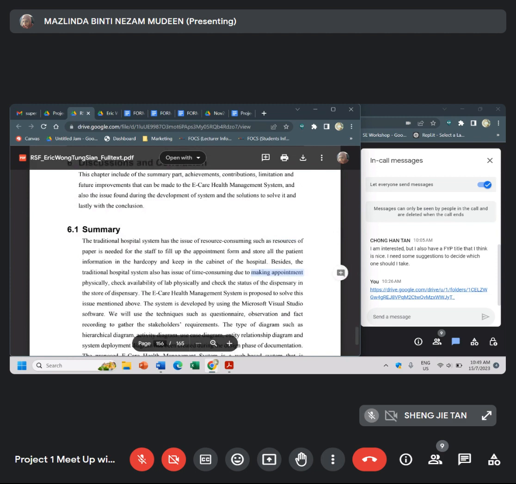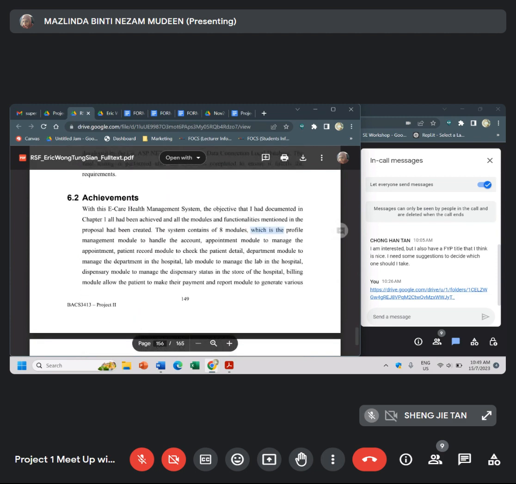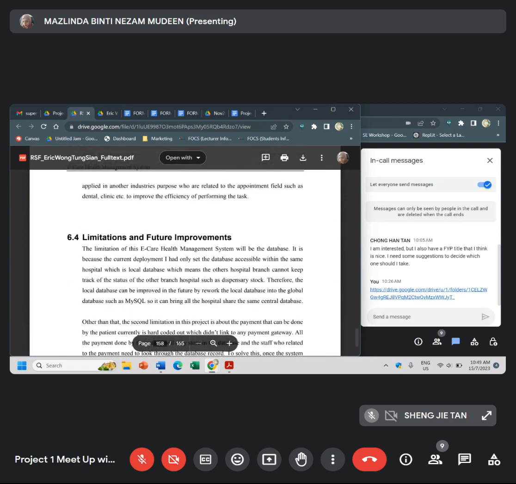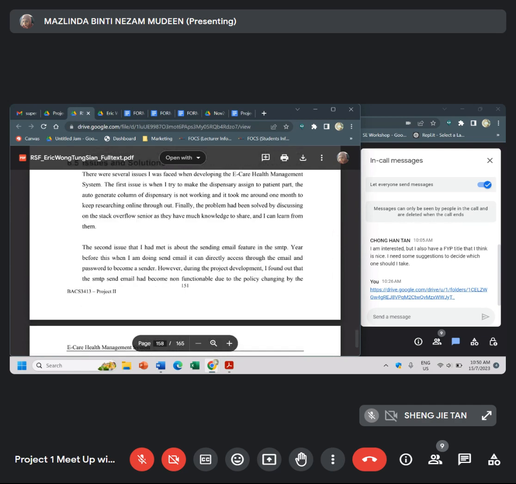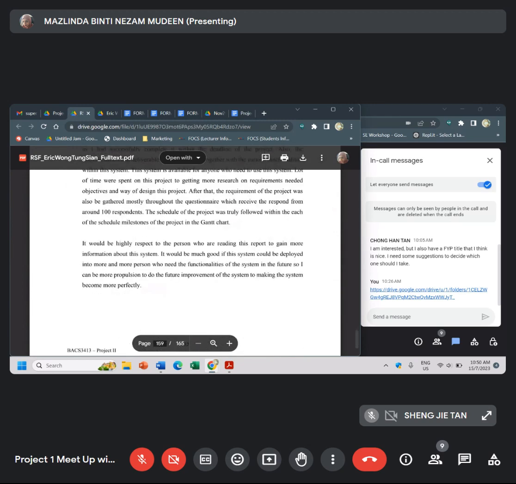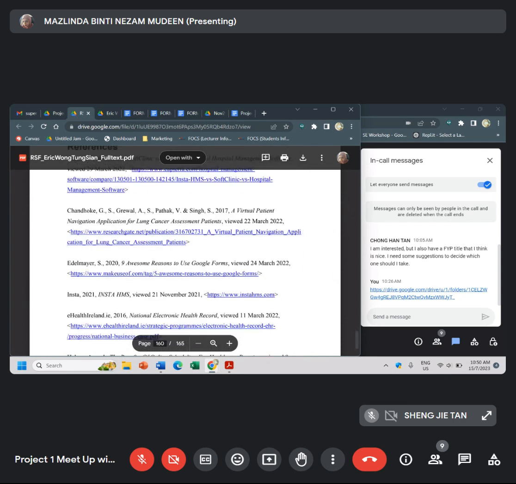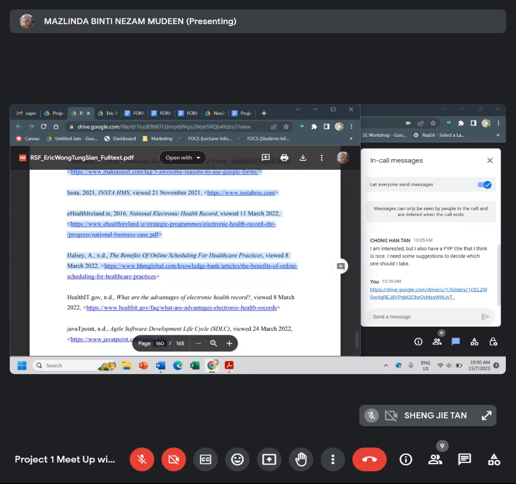You summarize your project 1, project 2, so what you have achieved, any contribution, any limitation and future enhancement to make, you can mention it, and any issue and the solution, and the final conclusion of your project. Then these will be the references used for your whole documentation.